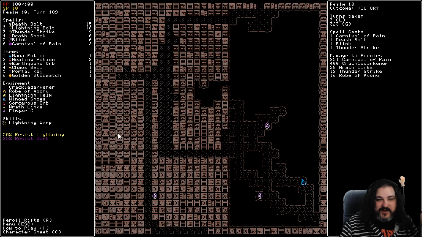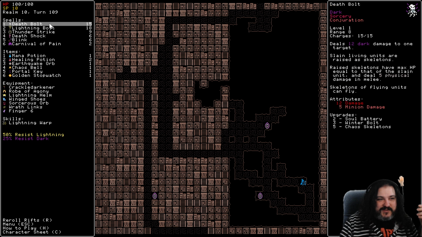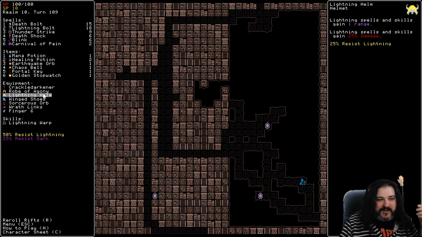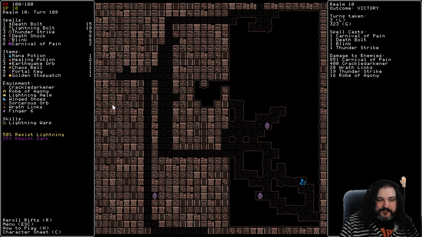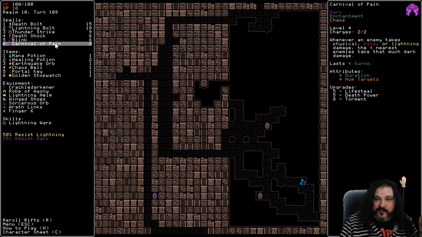How does this build work? Well, what's really fun is when I sat down, I didn't have a plan for a build. I was like, we're just going to organically let a build emerge based on the items we find. So play it almost like a more common roguelike. And what we ended up with, I took Death Bolt, Lightning Bolt, and we started finding stuff like Lightning Helm, Crackledarkener, Robe of Agony. So basically, if I cast a dark spell like Carnival of Pain, which says whenever an enemy takes...